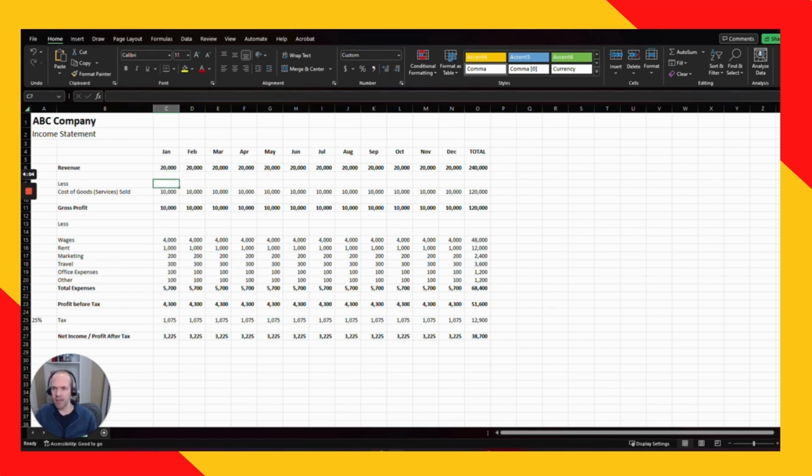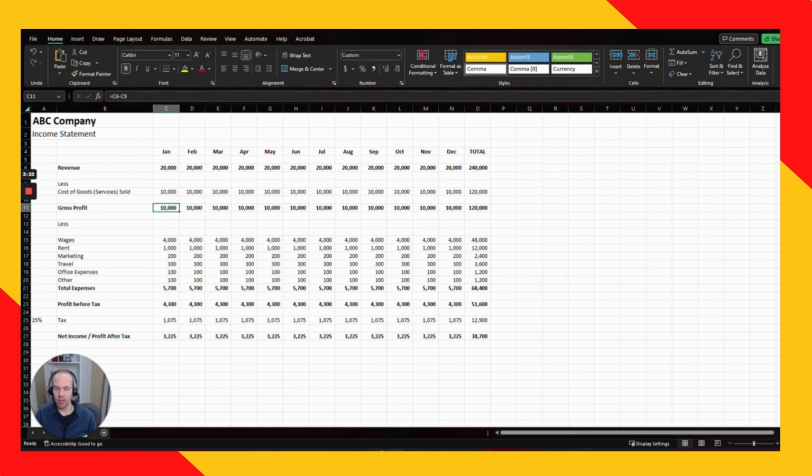Moving down the income statement, then you've got cost of goods or cost of services sold. So an example here would be, if you're back to the pizza example, this would be the actual ingredients that go into the pizzas. So for a product business, you're making widgets. It's the actual cost to make those widgets, the actual materials, not labor or anything else, but really just to keep it simple, just the materials that go in. So for the pizza example, this would just be the ingredients that go into the pizza. And so your revenue, the number of pieces that you sold minus those ingredients that go into it, equals